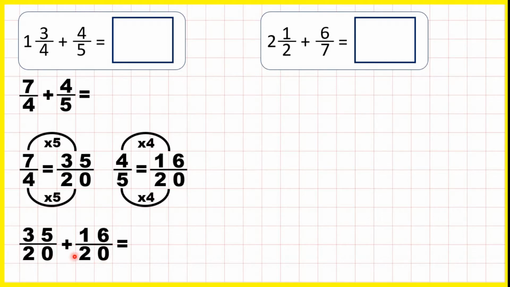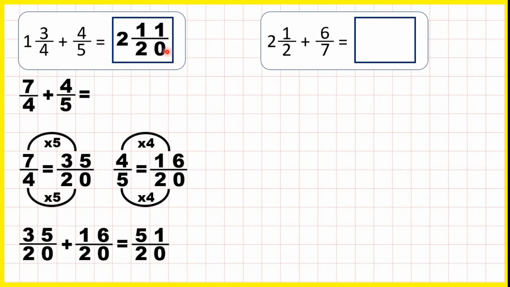So now we have our common denominator, so we keep the denominator the same in our answer, and 35 plus 16 is 51. Now, if we want to change our answer back into a mixed number, we can divide, and 51 divided by 20 is 2 remainder 11, because 2 times 20 is 40, then we need 11 more to get to 51. Our denominator stays the same, so our denominator is still 20, which means our answer is 2